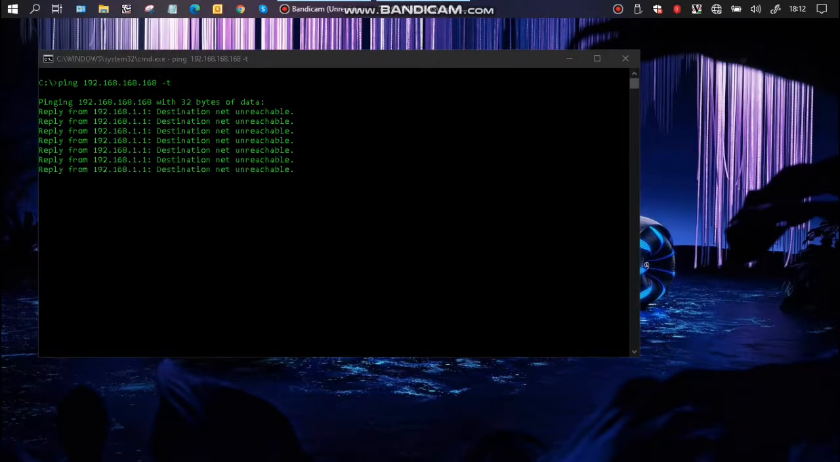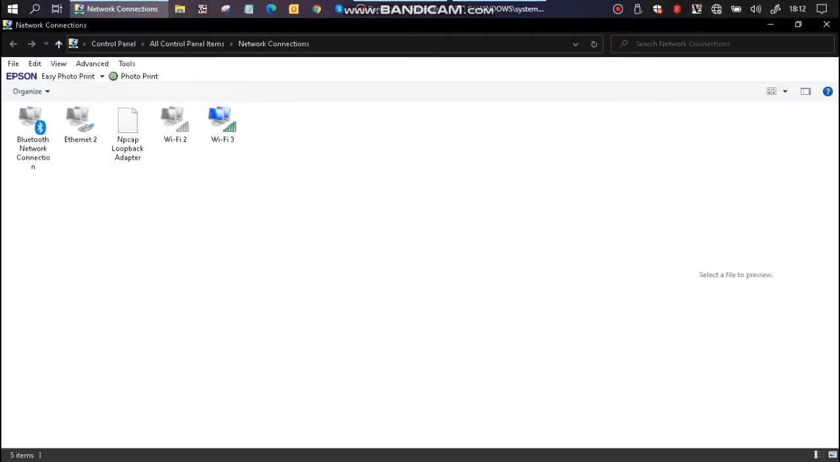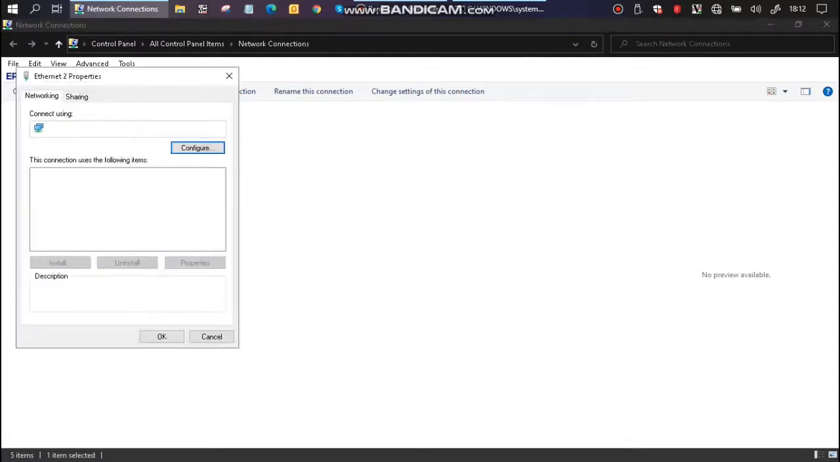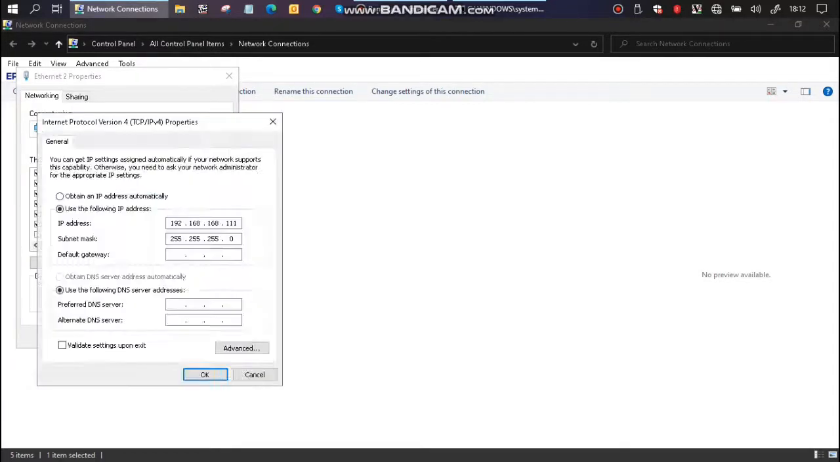So press Windows R, run command, type ncpa.cpl. It will open network connections. You can right click on Ethernet, click properties. At the center, click on Internet Protocol version 4. Use the following IP address and enter